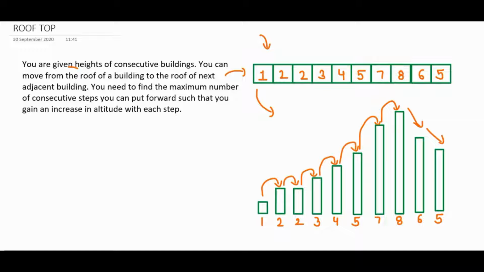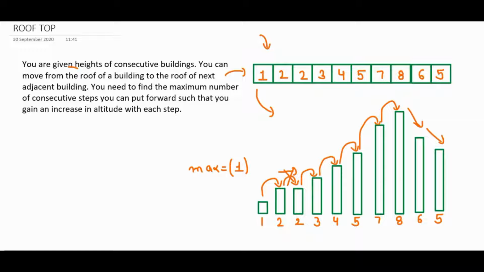Let's say we are on the first building, it increased from 1 to 2. So we have taken one step. Then we go from 2 to 2, but there is no increase. There is the same size of building, so we have to take care of the same size of buildings and the decreasing buildings. When there is the same size of building, we have to start again. That means this will not be considered in the consecutive steps. So one of our answers right now is one only. We have taken only one step, so this will not be considered.